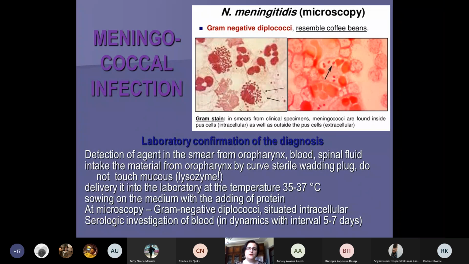Meningococcal infection. The laboratory confirmation of the diagnosis. Detection of the agent in the smear from the oropharynx, blood, and spinal fluid. Take the material from the oropharynx with a sterile cotton plug. Do not touch the mucus, because lysozyme will lead to the killing of